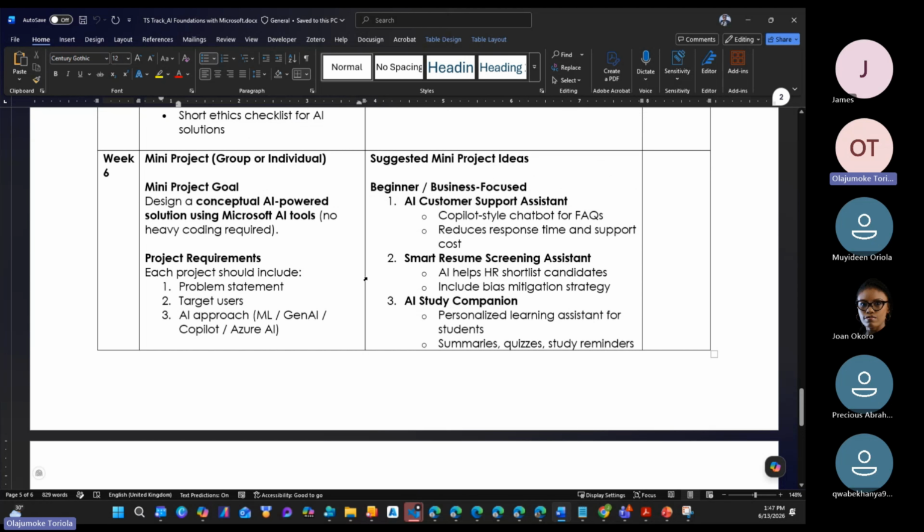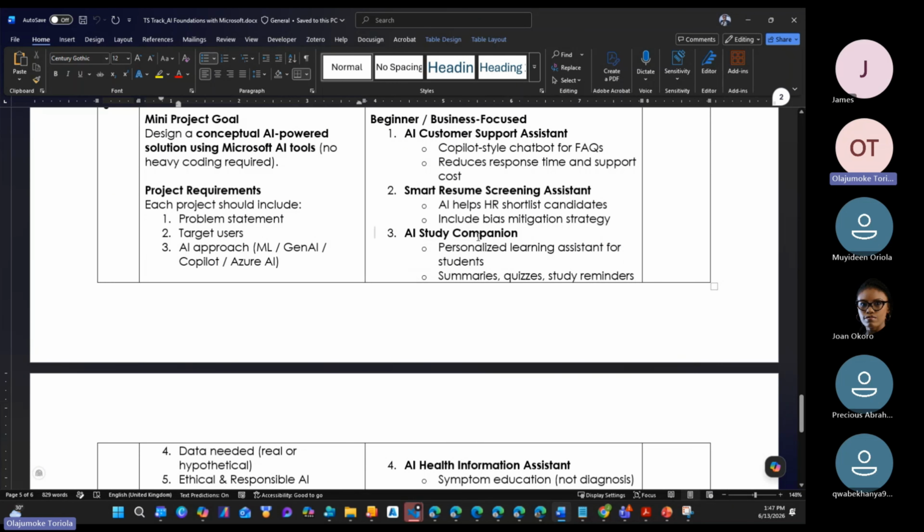I'm going to share this also with you in the chat window, like beginners of business focus. We have AI customer support assistant, Copilot chatbot for FAQ, reduce response time and support costs. We have smart resume screening assistant, AI helps HR shortlist candidates, include bias mitigation strategy. This is an example.